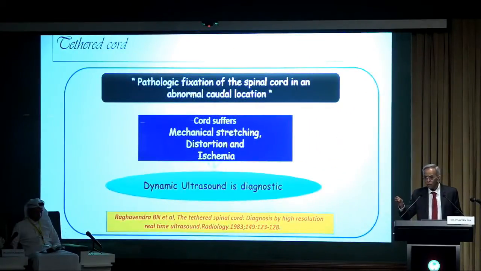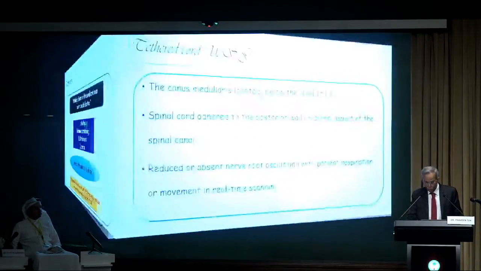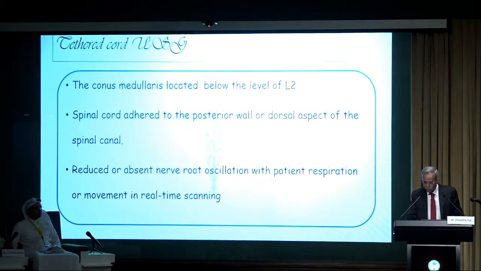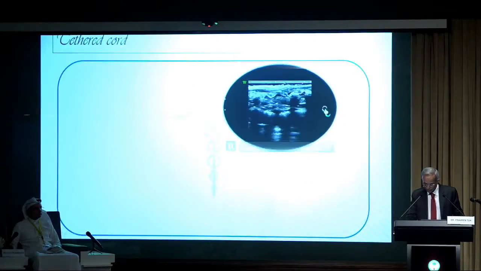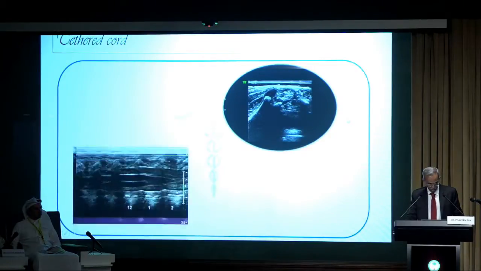The most important area where neonatal spine evaluation by ultrasound is used is the tethered cord. Pathologically, it is nothing but the fixation of the cord in an abnormal caudal position. Because of this fixation, the cord suffers mechanical stretch, distortion and ischemia, and dynamic ultrasound is the most important thing. Normally, as we know, the cord ends at the level of L2, but if it is placed at a higher level, as you can see, this is the normal cord,